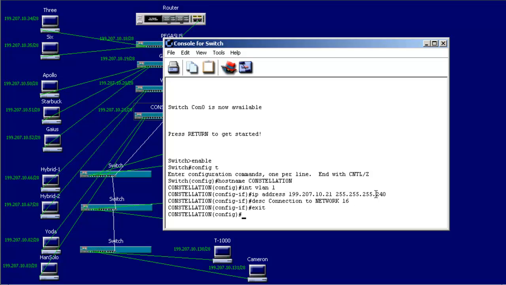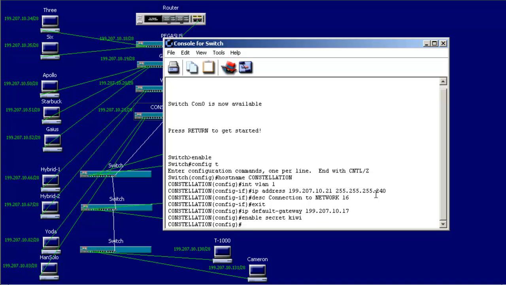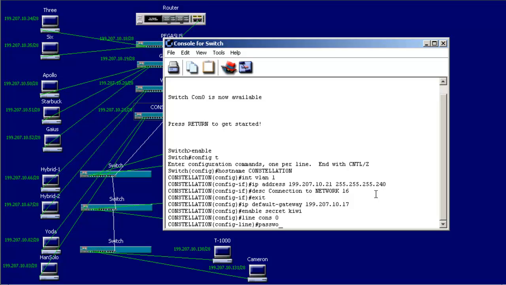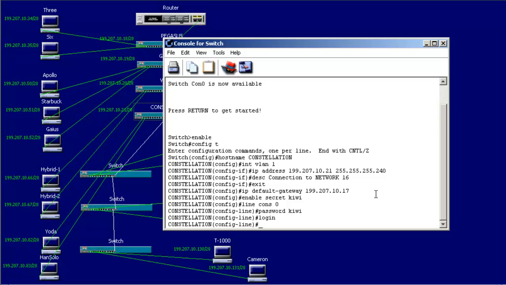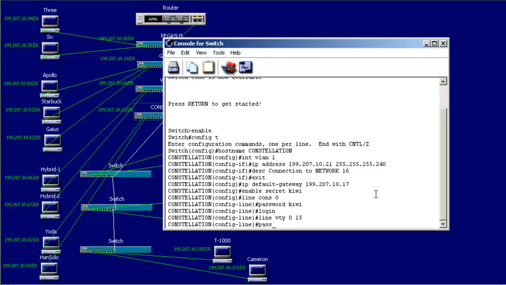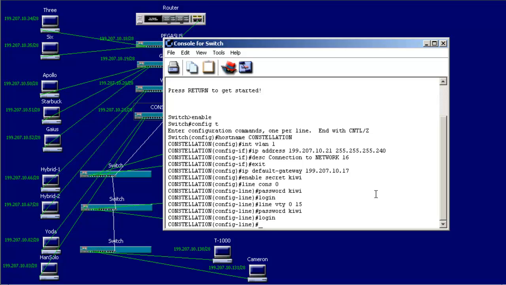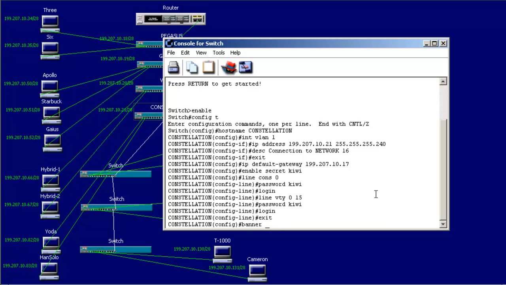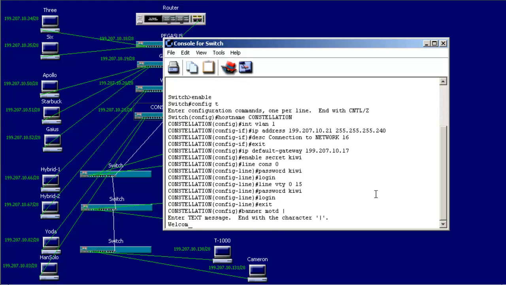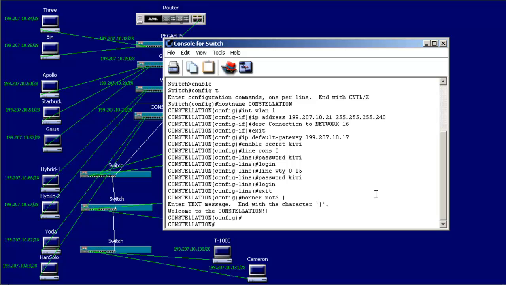Configuration network 16 with our description, and our default gateway 199.207.10.17, and let's do our secret and our console password, specify login, and VTY 0 15, and exit line configuration mode, do a banner message, and our delimiter character, and Control Z under privilege mode, and